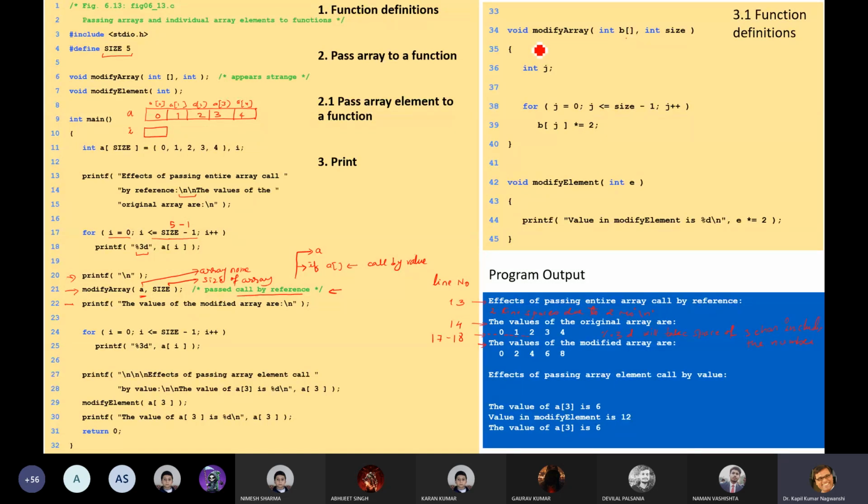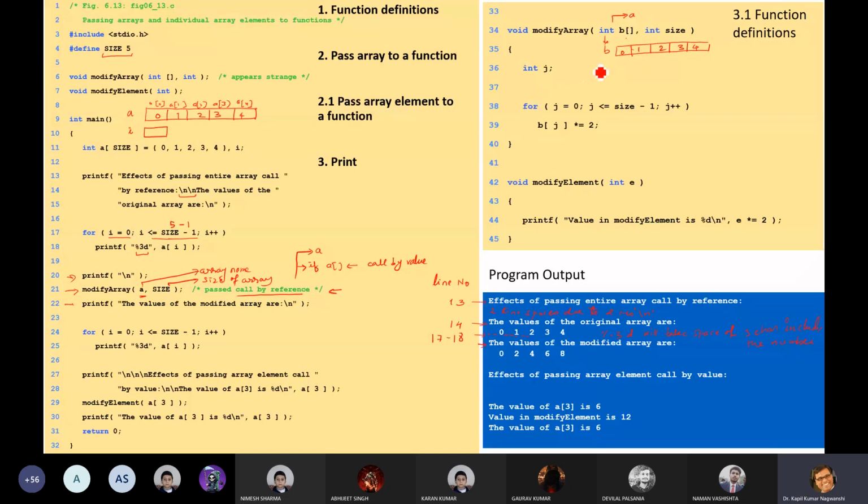So in this modify array function, we have passed array A. So now B will be aliased to the same thing, 0, 1, 2, 3, and 4 initially, because this is A.